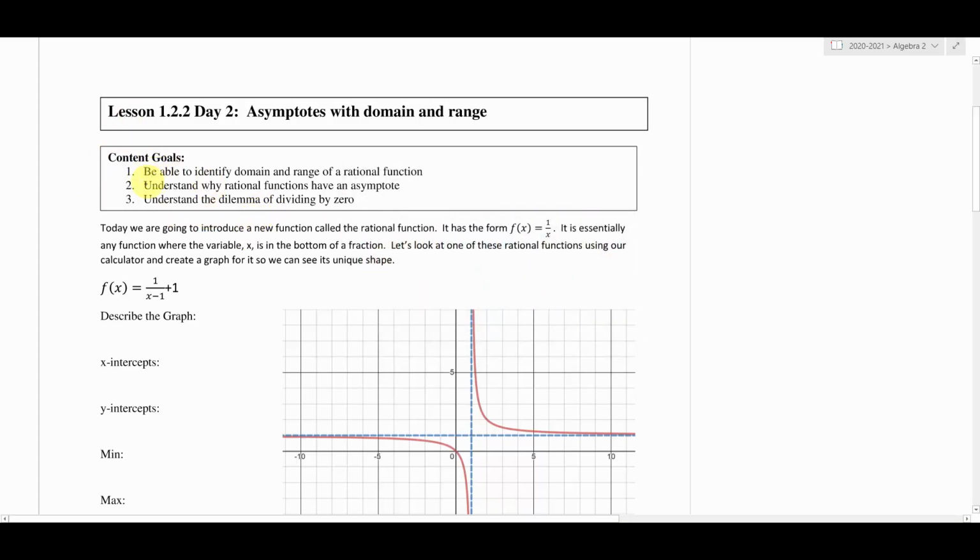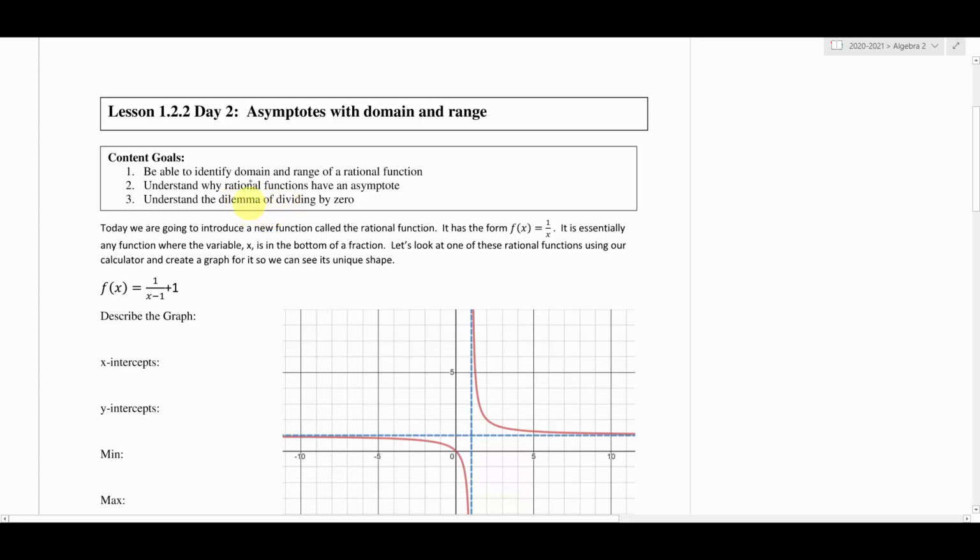Our content goals today, we want to be able to identify domain and range of a rational function. Yesterday we had talked about rational functions, but we didn't really talk about the domain and range. We found all of the other key points. So today we're going to add in how to identify and write the domain and range of a rational function. We also want to understand why rational functions have an asymptote. We'll talk about that in more detail today, and we'll also look a little bit at the dilemma of dividing